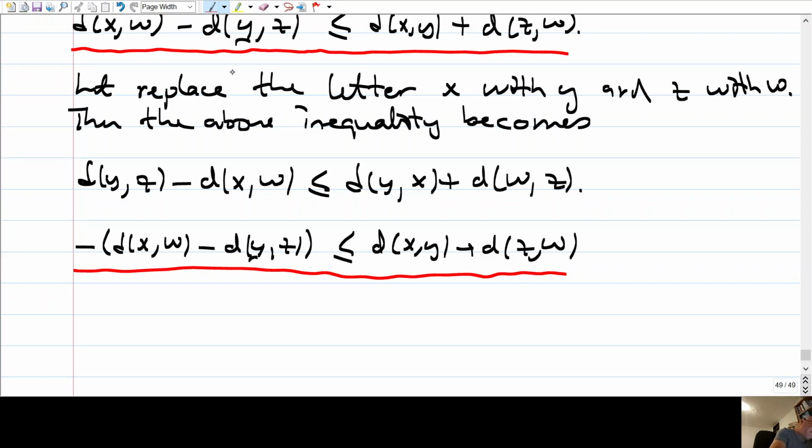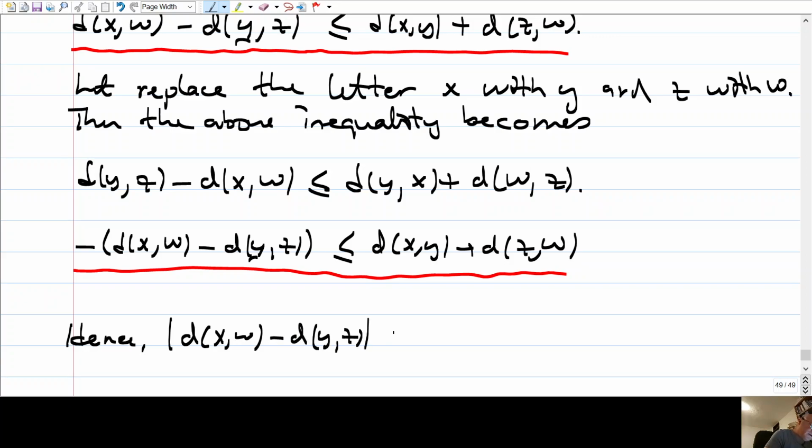Hence, right? If you have a number which is less than something else, and if the negative of that number is also less than that number, then the absolute value of this number should be less than this. Why is that? Hence, what is the absolute value of this real number? dxw minus